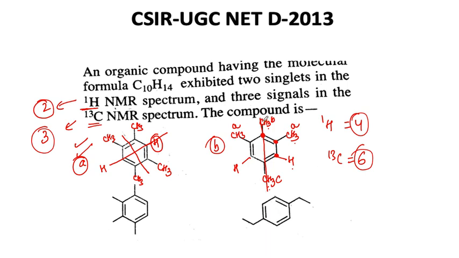Yes, let us count again. 1, 2, 3, 4. Just a second. 1, 2, 3, 4, 5 and 6 and 7, I guess, because it's going to be inverted on that side. No, we are having 1, 2, 3 and 4 carbons and the remaining 3 are methyl. Yes, it's going to be 6 plus 1, 7, right?